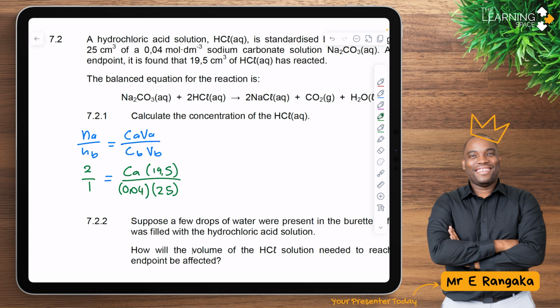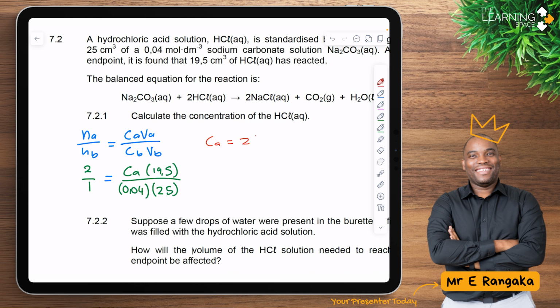Now, some of you guys might be wondering right now, why did I not convert my volumes from cubic centimeters to cubic decimeters? And that's because when I do the conversion from cubic centimeters to cubic decimeters, I'd have to simply just divide that by 1,000 and divide that by 1,000. But notice how if I divide the top and bottom by 1,000, I really didn't do much. So you can, in this case, leave it out. Don't always do that. It's always easier to convert, but in this case, mathematically, it doesn't make much of a difference. All I need to do now is make Ca the subject of my formula, and then I've got Ca